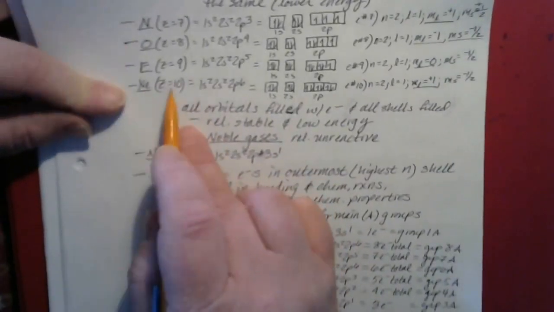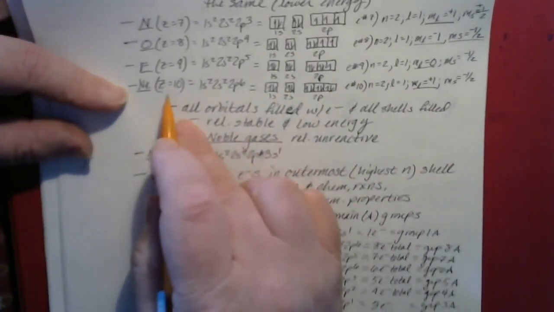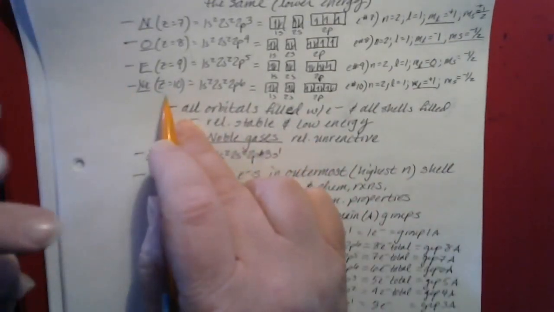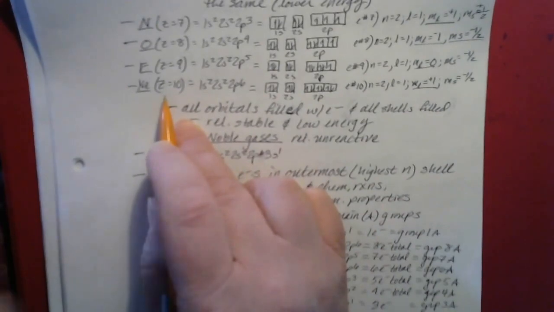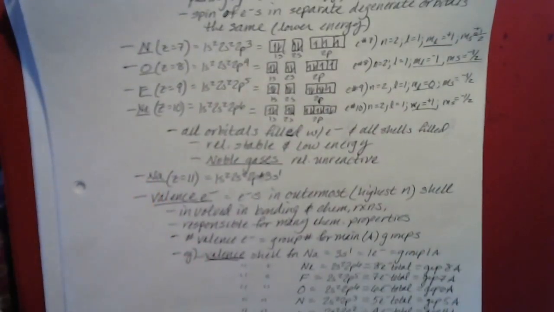And then we reach neon. Neon is a noble gas, and noble gases are known for being relatively stable and unreactive. And that's because all of their orbitals in all of the shells are filled. So having completely filled shells of electrons lends greater stability or lower energy to an atom, and that makes it relatively unreactive. If you look back at helium way back